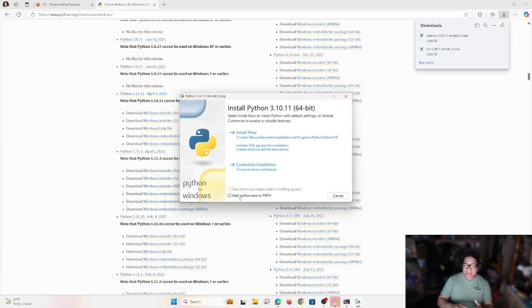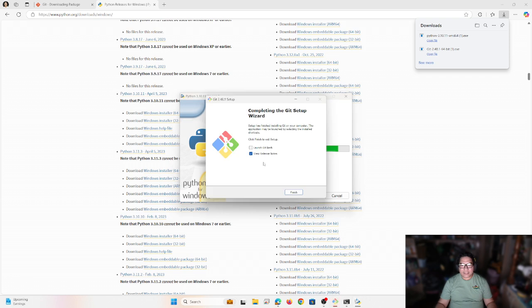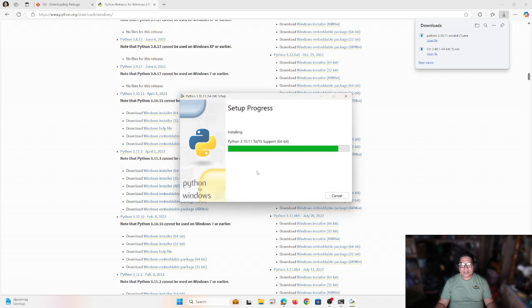You can still do that with a specific command with your Python, but it's not recommended. To keep it clean, we uncheck this and just install it. Right now it's installing on my system. Let's check Git. Git is already installed as well.